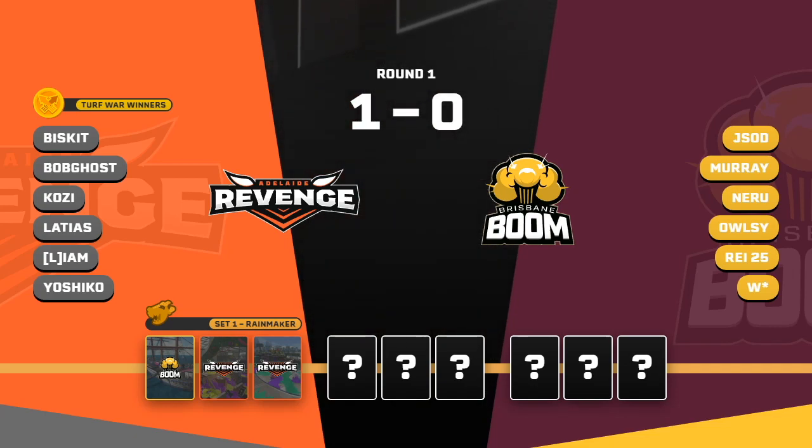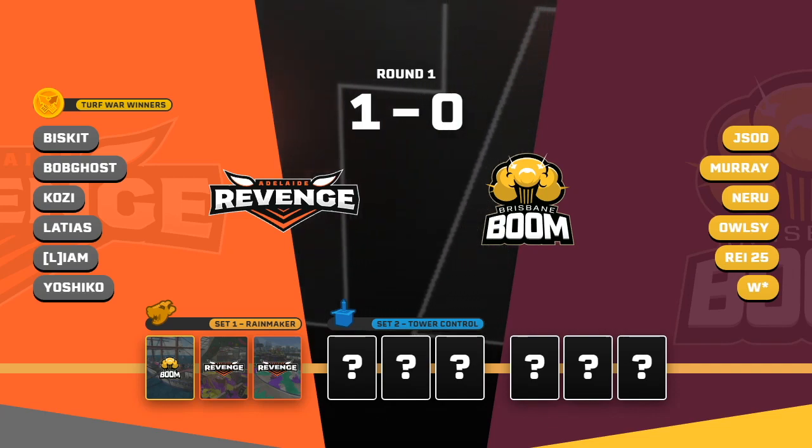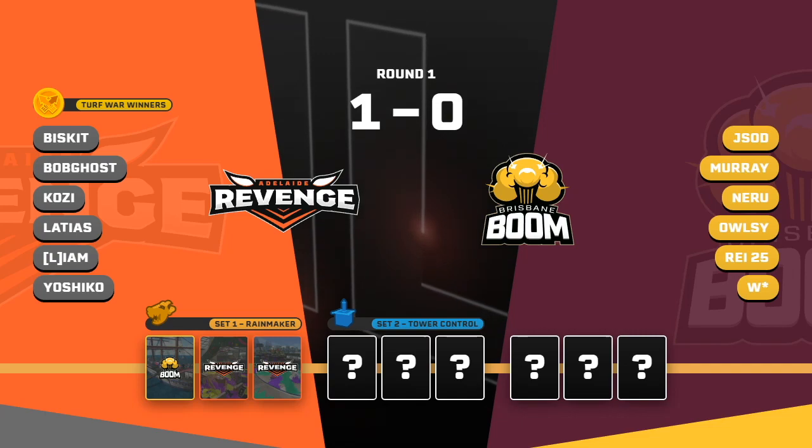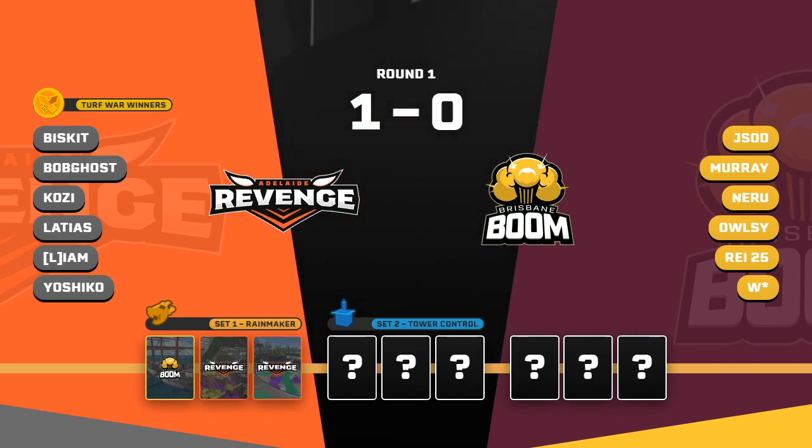Really good Rainmaker play, picking weapons with bombs, just throwing bombs, having all of that pressure applied on the Rainmaker carrier. And with Brisbane's pushes, they never really got Alzi in a good position to affect any splats and get the picks that they needed to reduce the number of bombs being thrown at the Rainmaker carrier. So really good Rainmaker play coming out from both teams really, but especially the Revenge in getting that